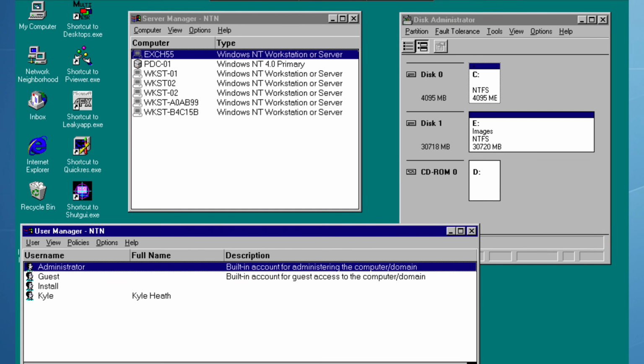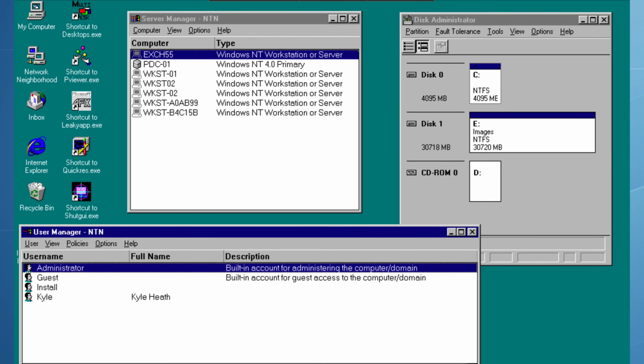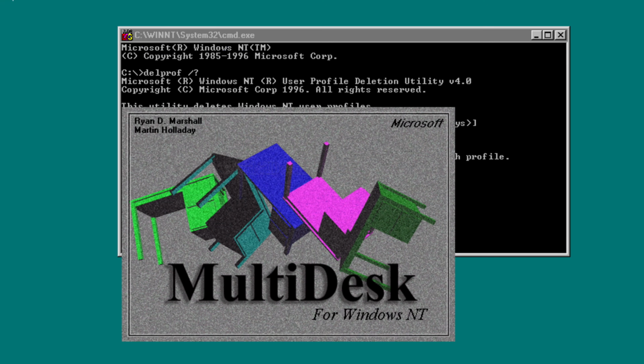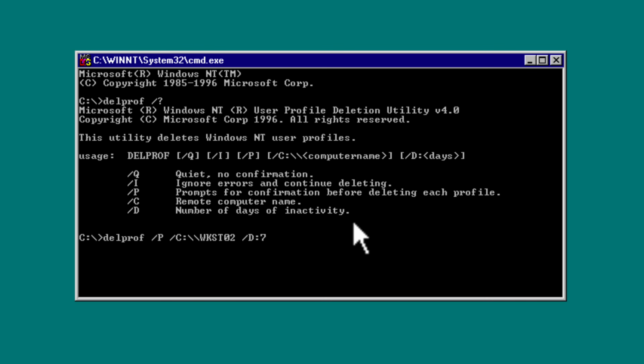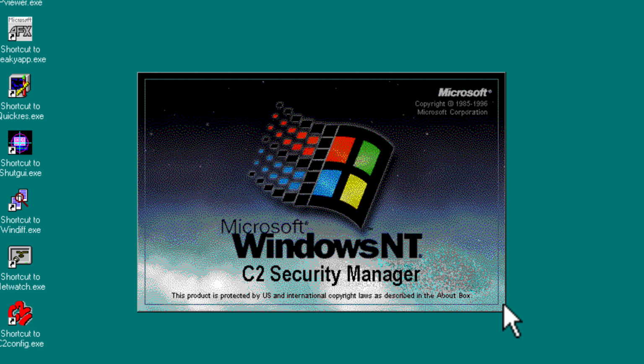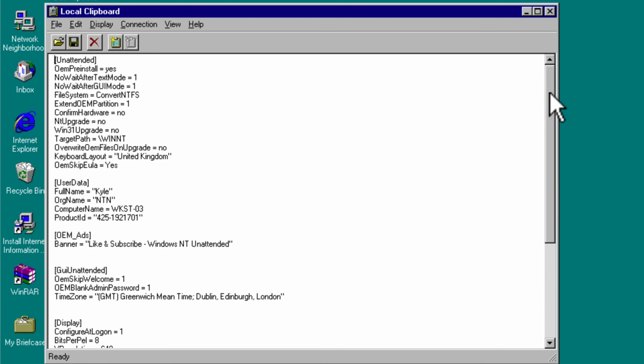Windows NT4 Server was a serious operating system, but many of its best administration tools didn't come in the box. Microsoft hid them away in the resource kit. Tools for managing remote computers, cleaning up profiles, monitoring network shares, hardening security, and even sharing a clipboard across the